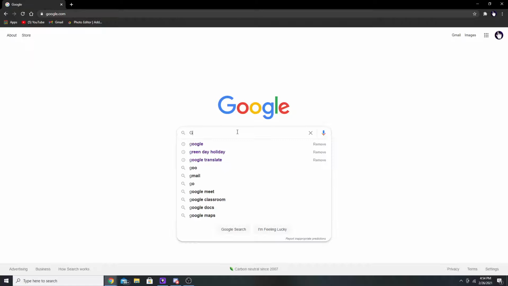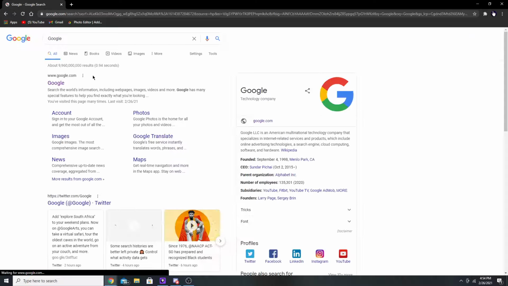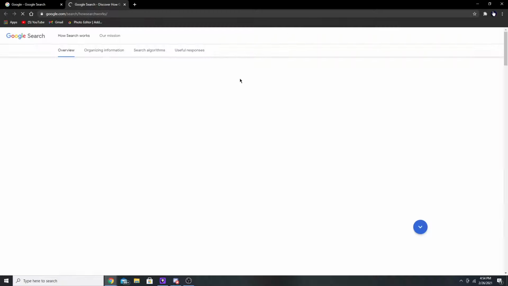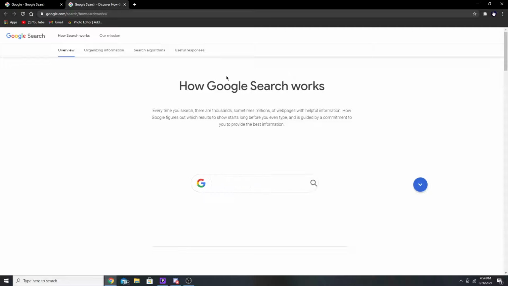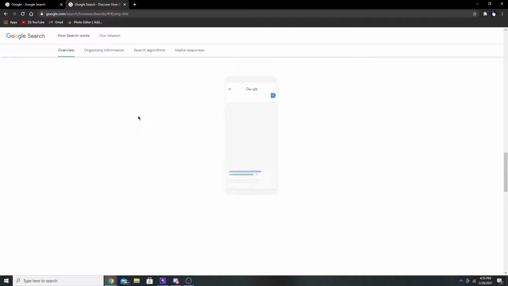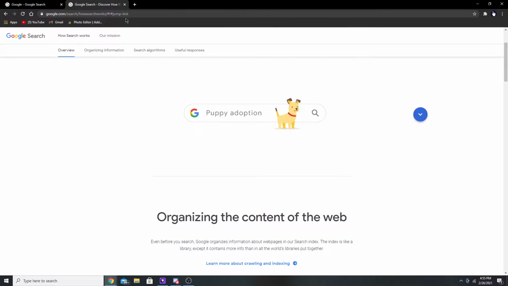Now, I want to type in Google. But this time, I'm going to click right here. Then, I'm going to know about this result. So then you want to put how search works. And it tells you how searching works. You can look through all of this, and then you want to go right here and type in Google,